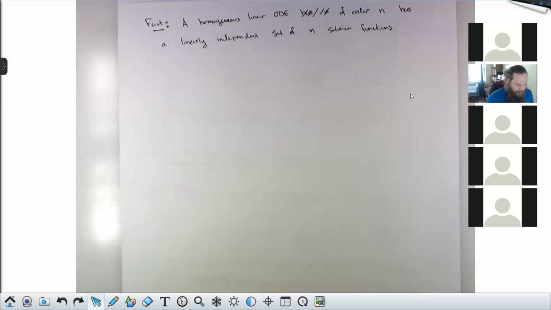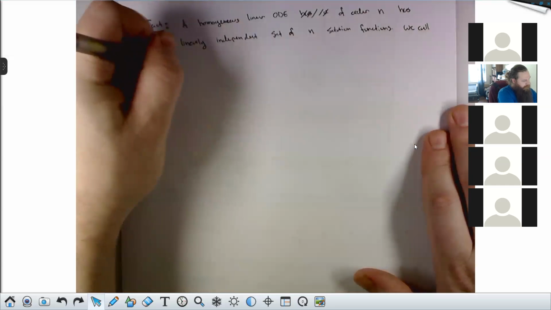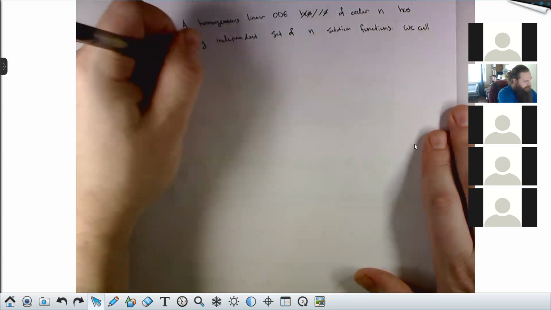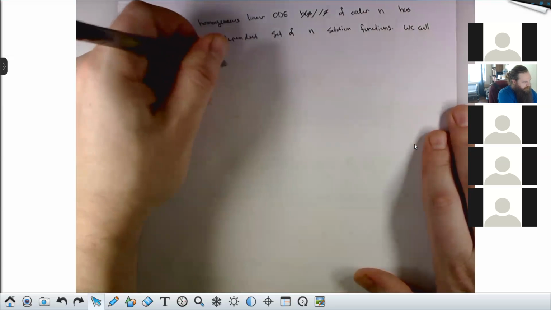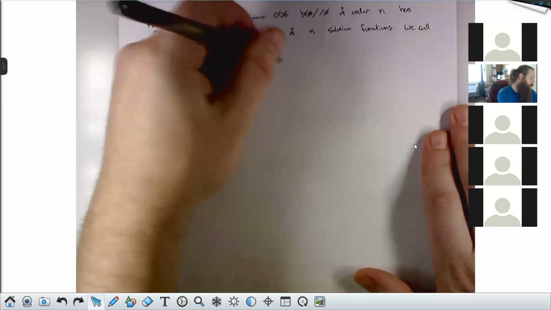If you've seen any theory from linear algebra, one of the big concepts is finding a set of vectors that span a vector space. So you want to find a maximal linearly independent set. That's what we're doing here. We call these fundamental solutions. In practice,